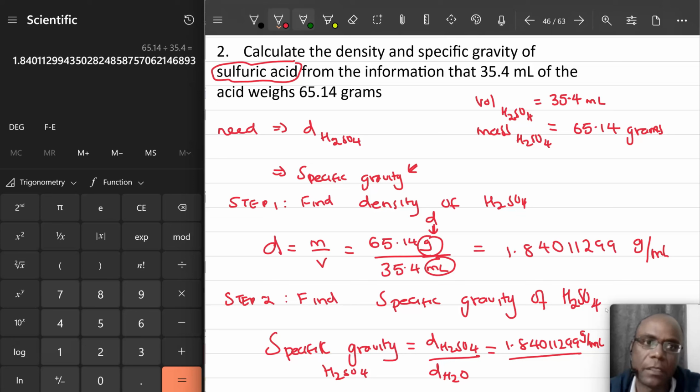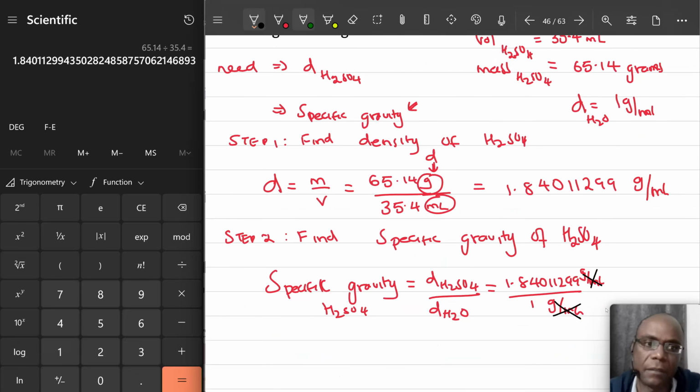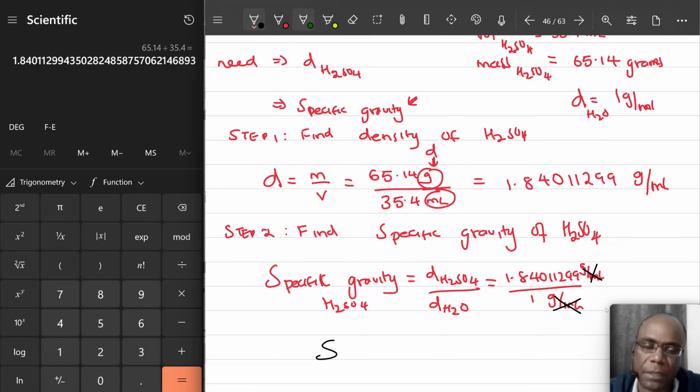The density of water, usually you'll be given, is 1 gram per ml. I'll use the gram version, not the kilogram version, because I'm working with grams for the substance. So I divide by 1 gram per ml. Doing so, this and this are cancelling out. So that tells me that the specific gravity of the sulfuric acid is going to be